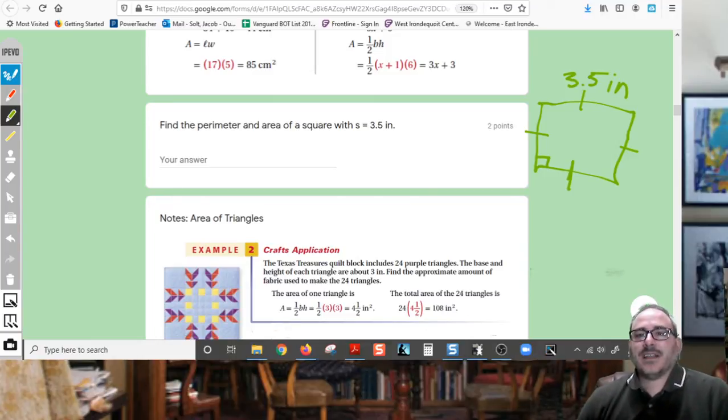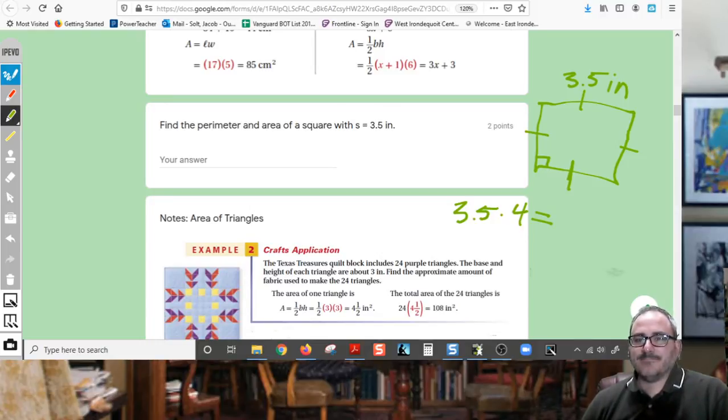So okay, let's talk about the perimeter. Perimeter, I've got to do this plus this plus this plus this, or the shortcut is just multiplying it by 4. All right, so 3.5 times 4. What's that equal? Well, I'm just going to go to my calculator. I just figured out it was 14,